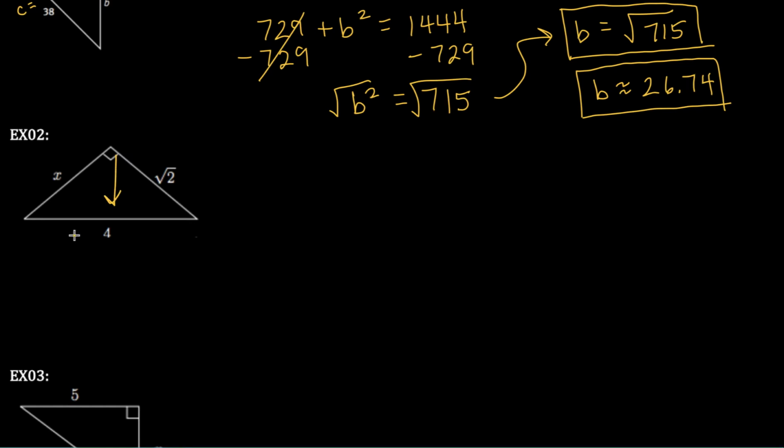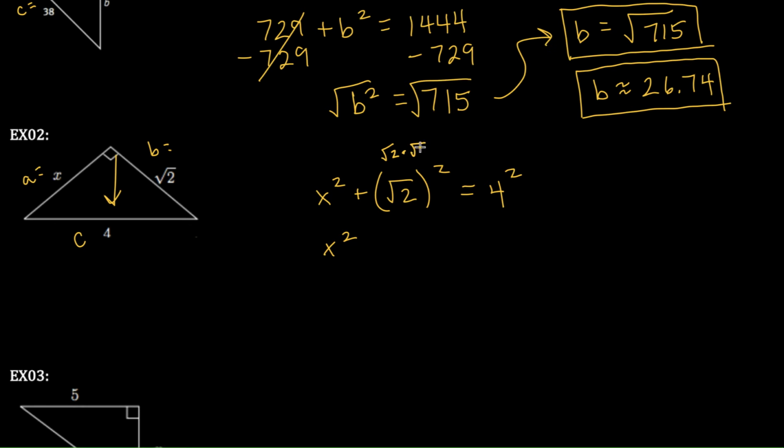So this is c. We'll make this one a, this one b. So we'll do x squared plus square root of 2 squared equals 4 squared. So x squared stays the same. Okay, this is saying what times what, like, how do I say this? Oh, this is square root of 2. I was thinking backwards. Square root of 2